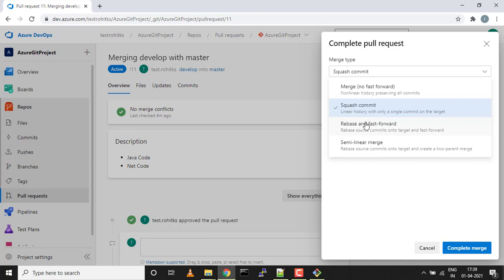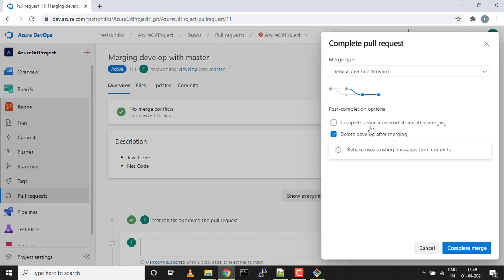Again, if you talk about rebase and fast forward commit, it's very interesting. Rebase will take each individual commit in the pull request and cherry pick them onto the master branch. So in simple words, its history is straight, and it will create a linear commit for you.